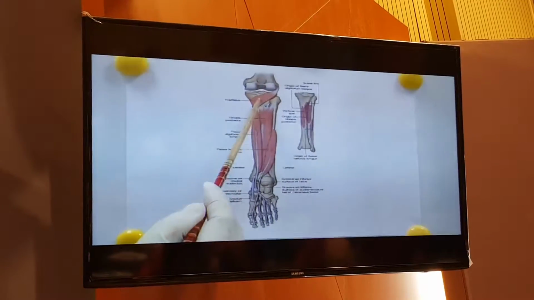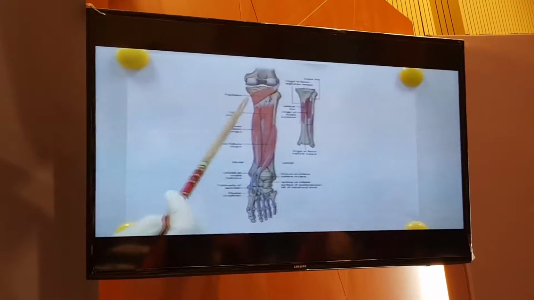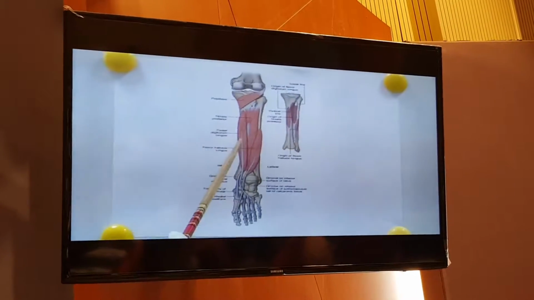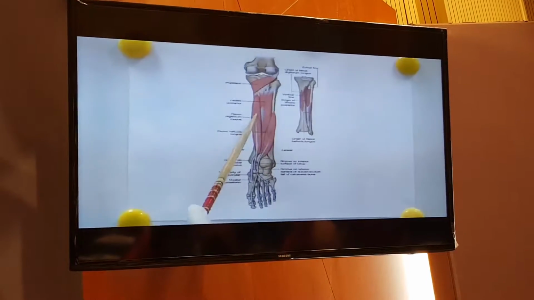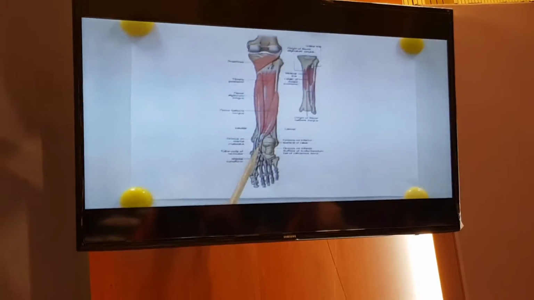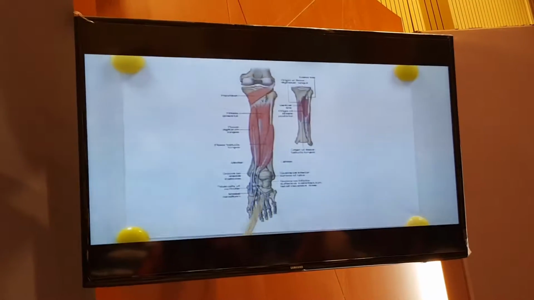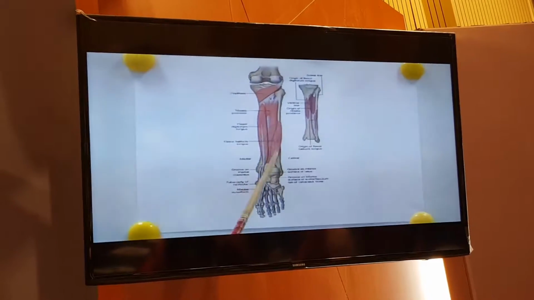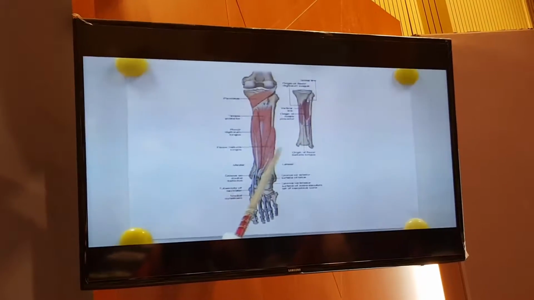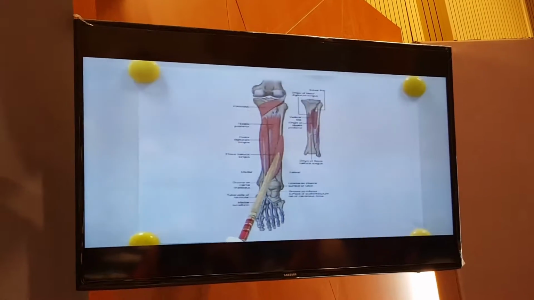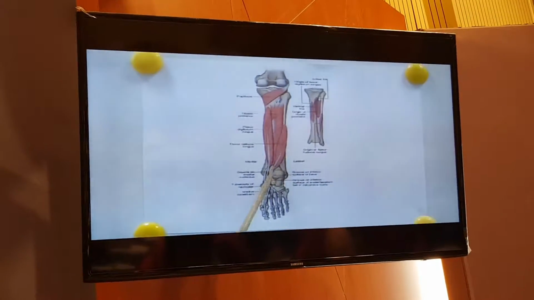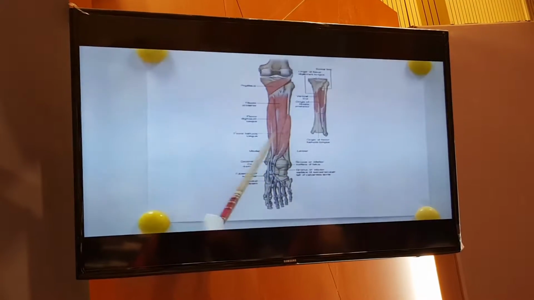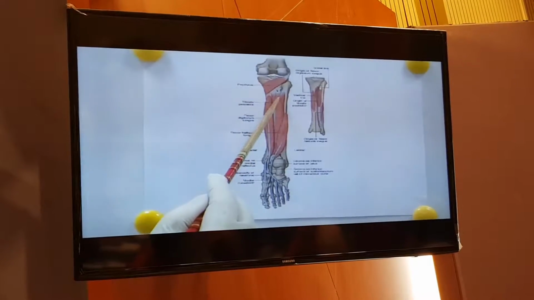These are the muscles in the deep group. From above, you see the popliteus muscle, and on the medial side is the flexor digitorum longus muscle, which divides into 4 tendons, each one going to each digit. And then on the more lateral side, you have the flexor hallucis longus muscle. The tendon will go to the medial side into the big toe, and between the two is our tibialis posterior